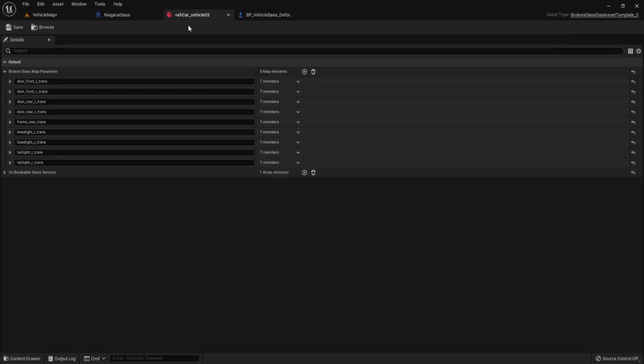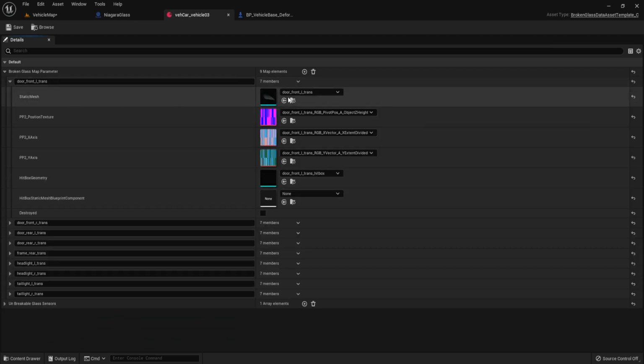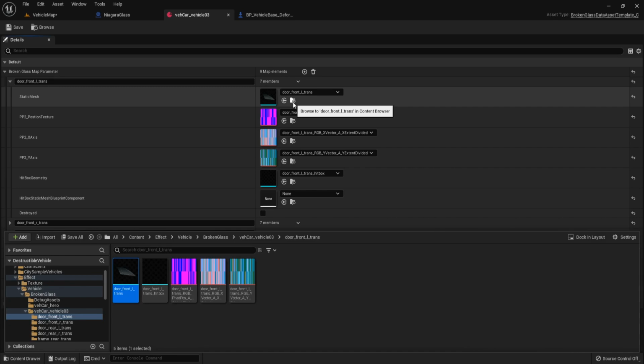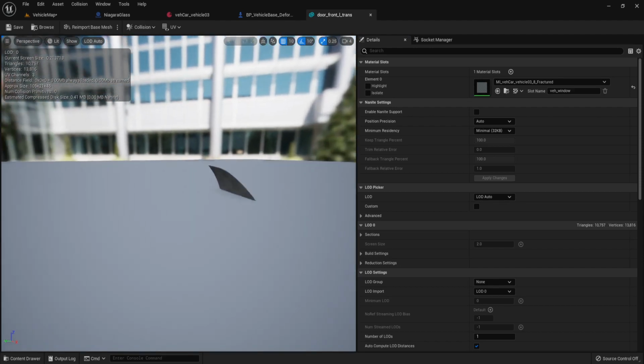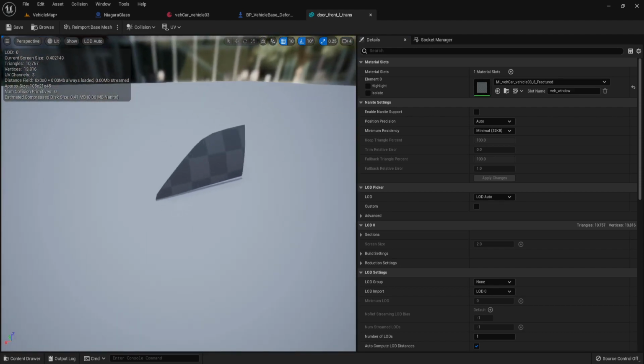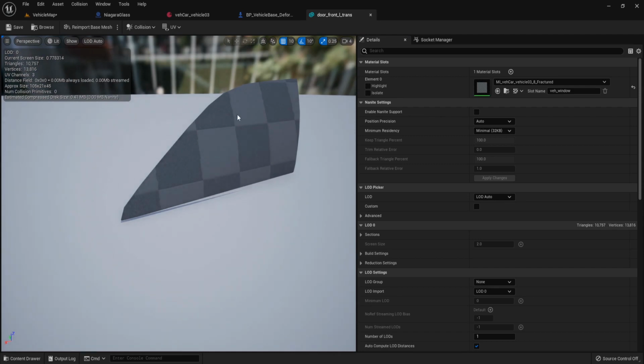So let's go to vehicle car, vehicle 3, and we can see this door front L trends. Search for this location, open it, and this material is having some problem.